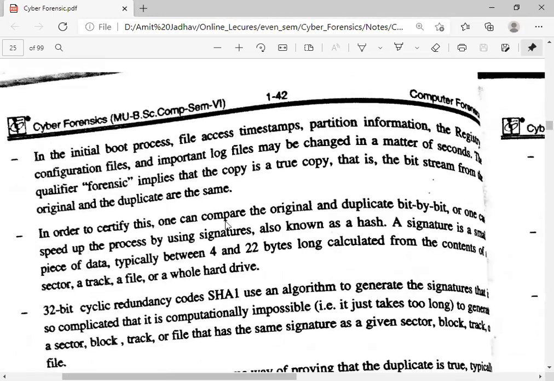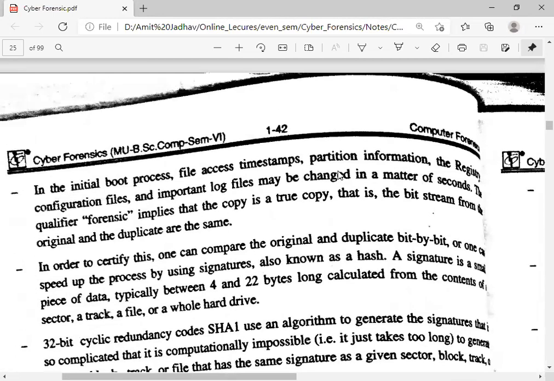In the initial boot process, the file access timestamp, partition information, the registry configuration files, and important log files may be changed in a matter of seconds. A qualified forensic copy implies that the copy is a true copy, that is, a bit stream from the original, and the duplicate and original are the same.